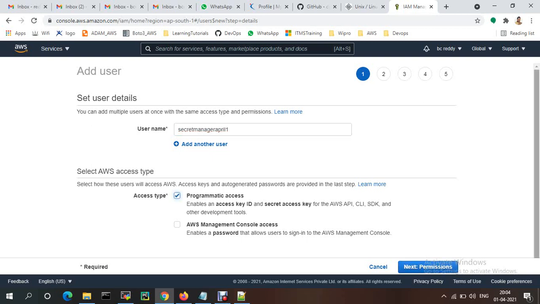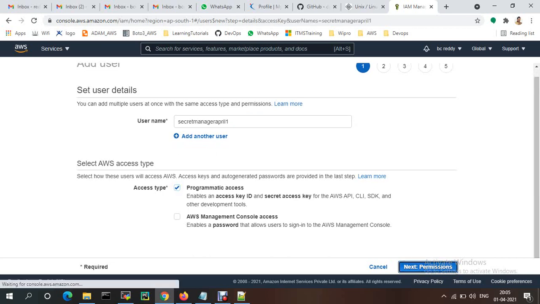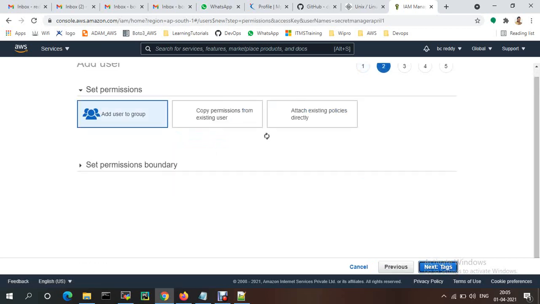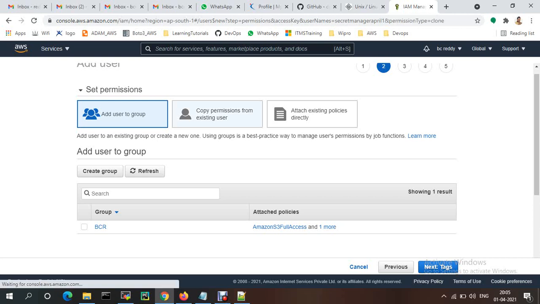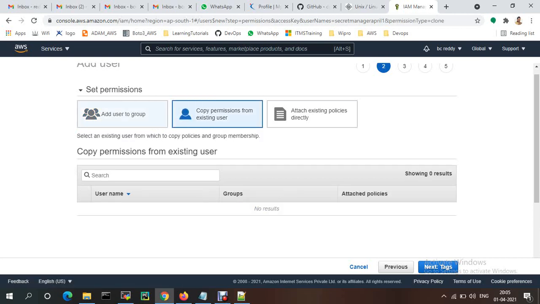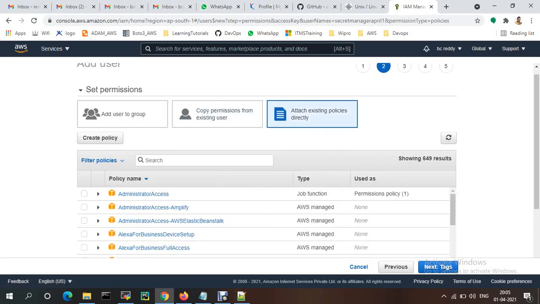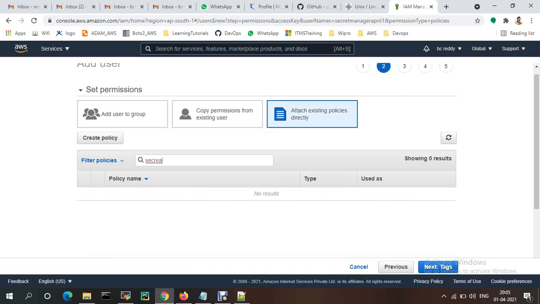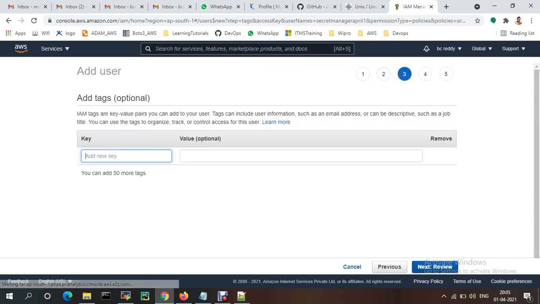In this case I'm going to select programmatic access. If you have any groups, you provide the groups. If you have existing permissions, you use those. If you want to attach policies, I'm attaching the policy directly: Secrets Manager read-write access.